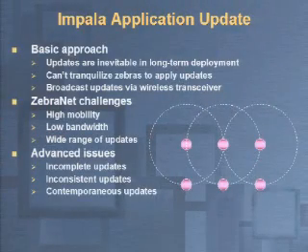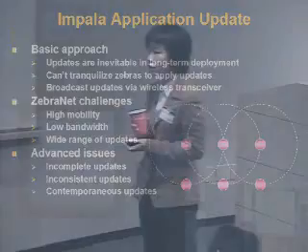This generates a significant amount of data traffic and leaves the bandwidth for software transmission even more constrained. And finally, in ZebraNet, we envision a wide range of updates. Could be small bug fixes, could be major application improvements, or it could even be deleting or adding an entire application. So these special challenges